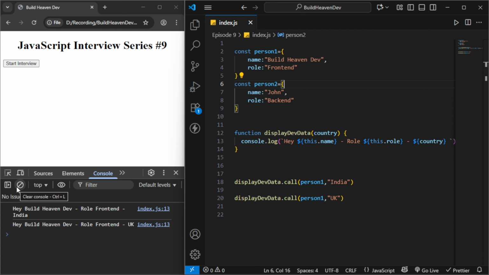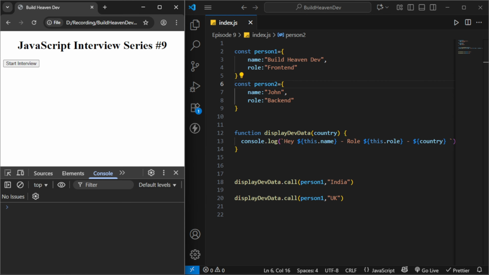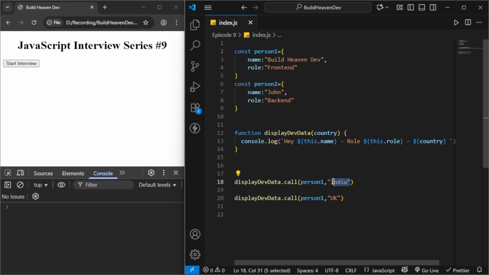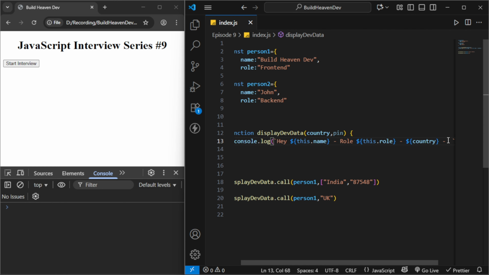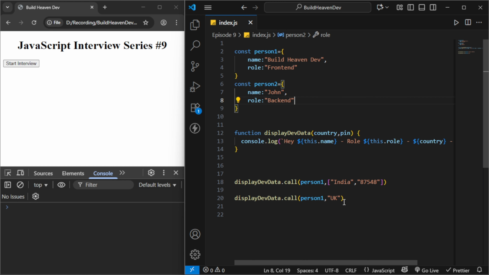Second part is, let's come to apply. Apply works exactly the same as call, but instead of passing the arguments one by one, you can pass them using an array. For example, here we are passing them one by one. So what we have to do is create one array. So if tomorrow you wanted to print the pin, you can do it here, and the same thing goes here also. If we wanted to do it for the UK one,